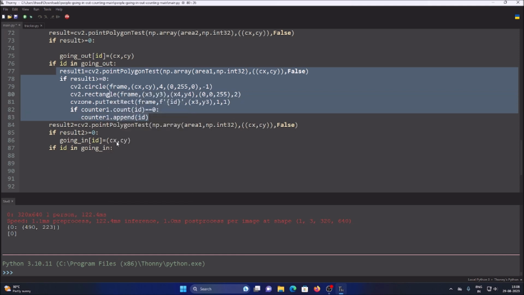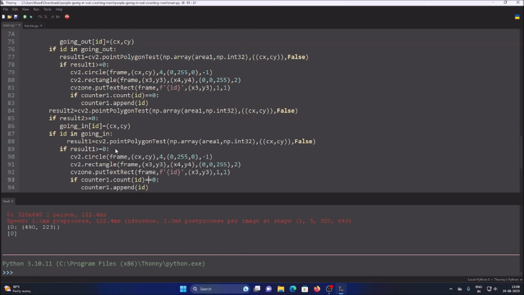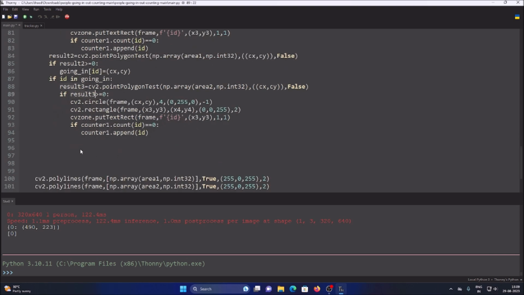So just copy all these things as they are, paste it, and only change the variable, also the area. Because the person wants to go inside, he is already part of area 1, so now he will be part of our area 2, and we are going to mention this as result 3 because we already have result 2. The person who crossed area 1 and now crosses area 2, we are going to simply change the rectangle color. So rectangle color, let's say blue,